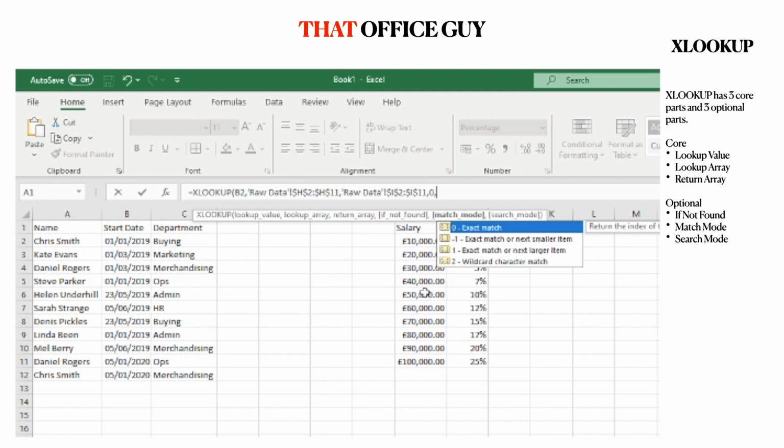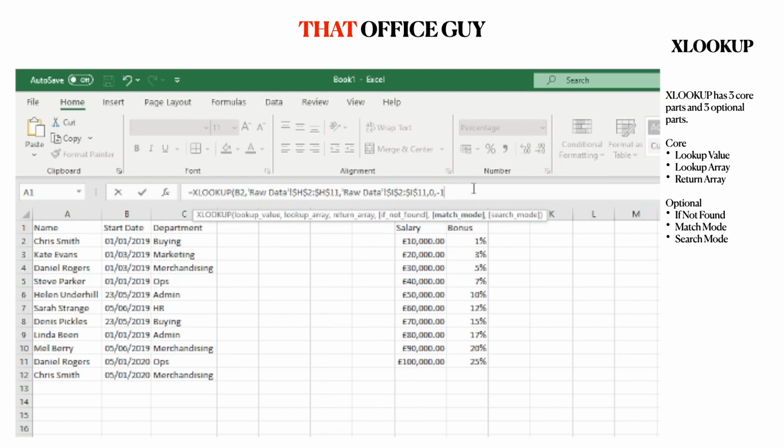That basically means if you're on 40,000 but under 50, you should be on 7%. So we want to find 45,000 in this list, which it won't find, but instead it will find the next smallest number, which would be 40,000, and therefore return 7%. So we want -1